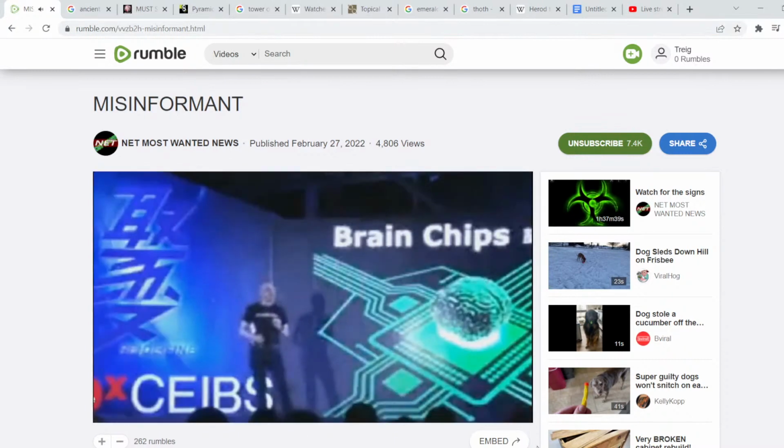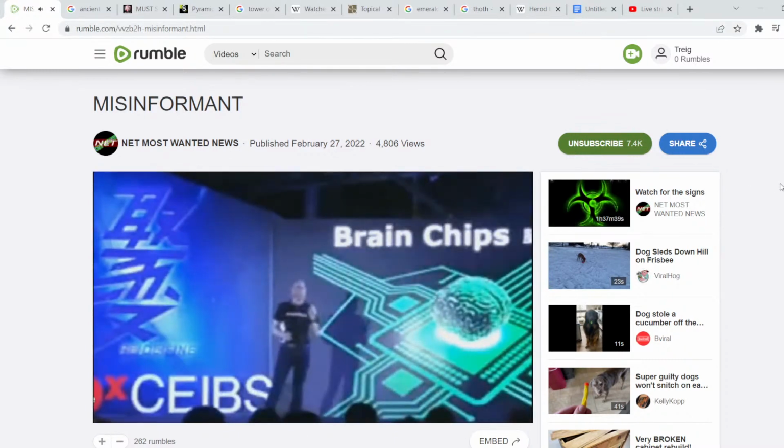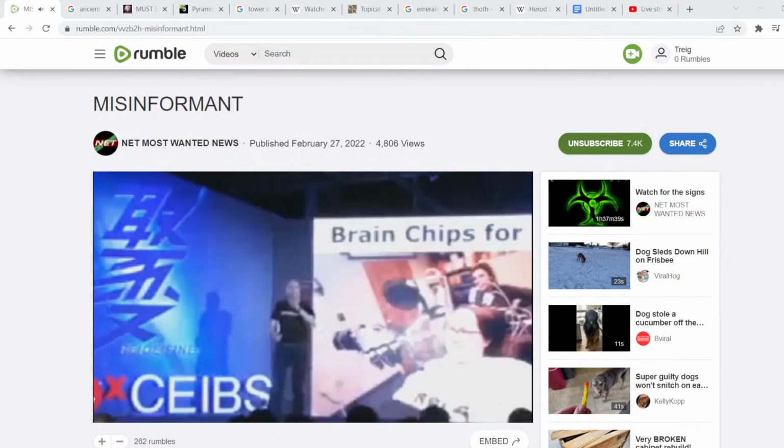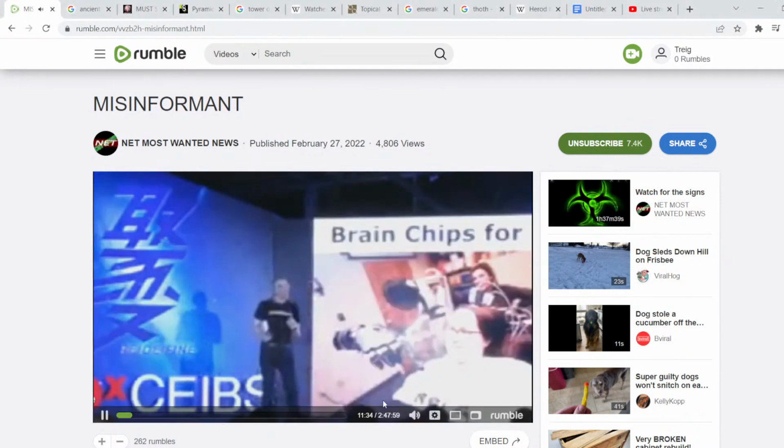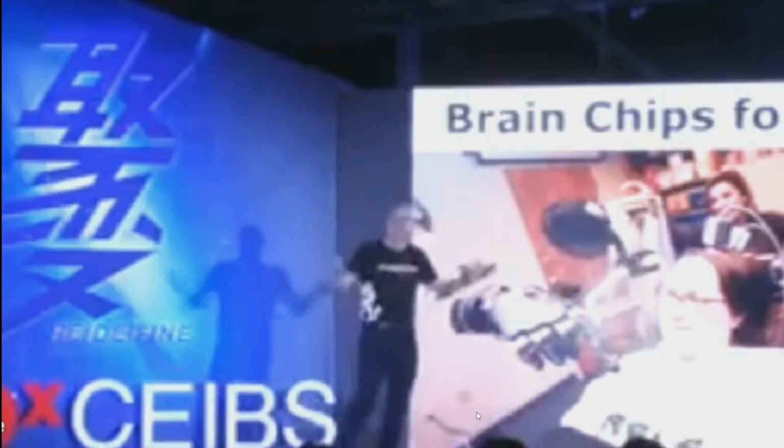Right now, scientists in laboratories around the world are developing brain chips. These are chips that can be inserted into the brain, and they are wireless. And that brain chip can restore your quality of life. Would you hesitate to get the chip? No, of course not. You would say, put the chip in my brain.